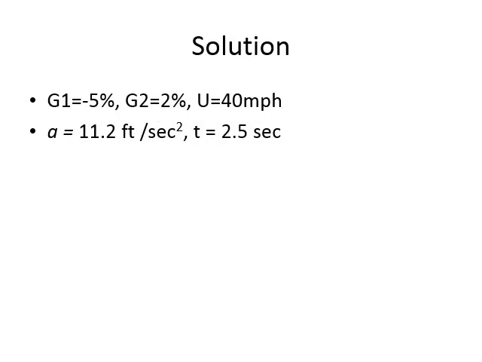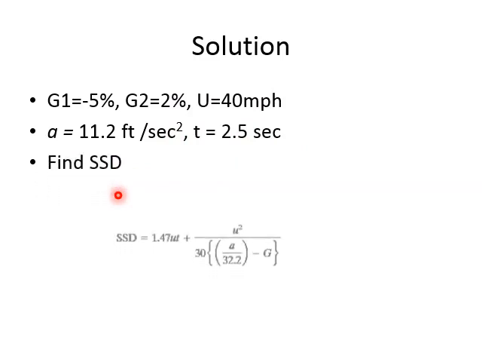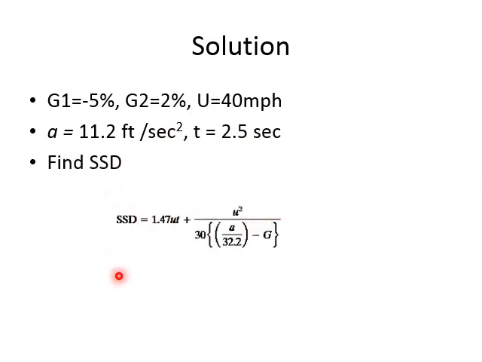So for calculating the length according to sight distance criteria, we need these things: G1, G2, and velocity and the constants, deceleration, and the perception reaction time. So this is a sight distance equation. So we have everything, and G, again as I said, you will take the higher number, so that you get the highest value of SSD with the negative, so negative sign remains as it is.